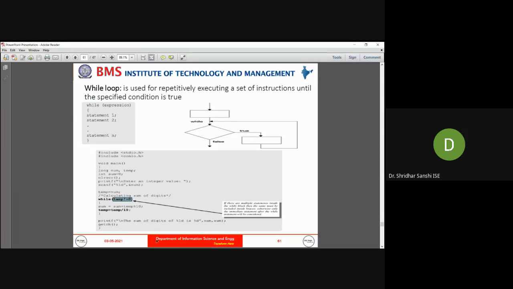So this is the condition we are checking to enter the while loop. Until this condition becomes true, these statements will be executed. Once the condition becomes false, that is when the temp value becomes 0, this condition results in false because it is equal to 0. So that's the reason this becomes false, and at that time it will come out of the loop. So that is the flow of this particular example.